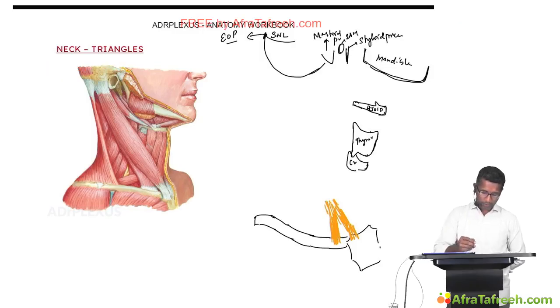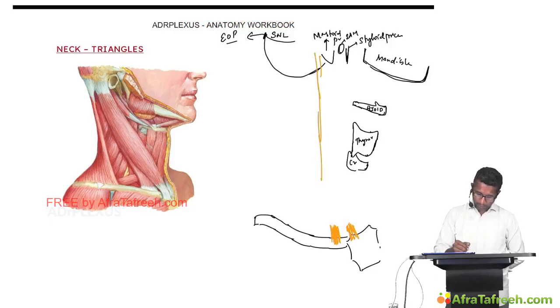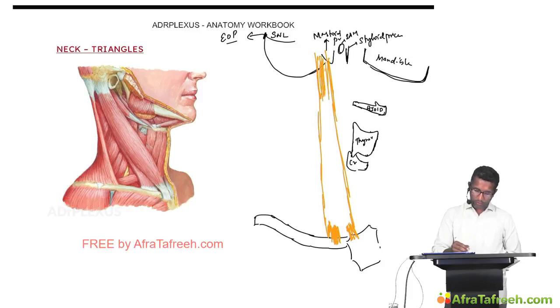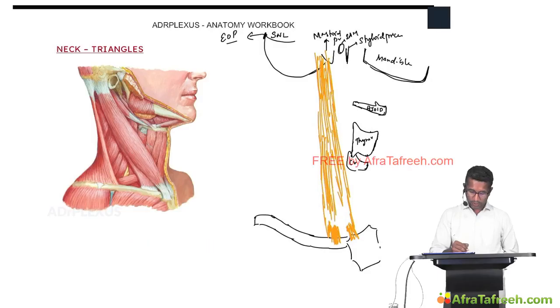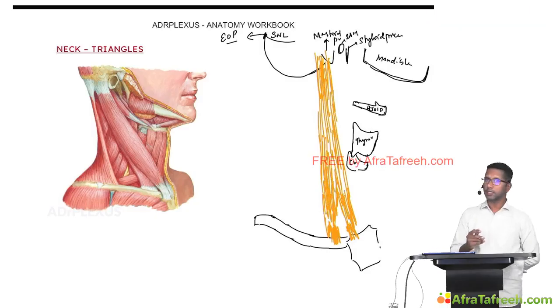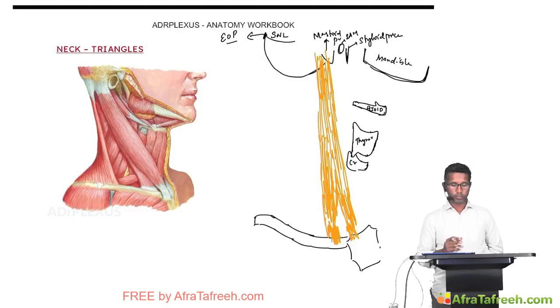I'll just change the direction a bit so that I can orient myself. So here is the mastoid process. This muscle goes and gets attached to the mastoid process. So what is this muscle? This is the sternocleidomastoid muscle. Its main function is to turn your neck to the opposite side. If you want to turn your neck to the opposite side like this, that action is produced by the